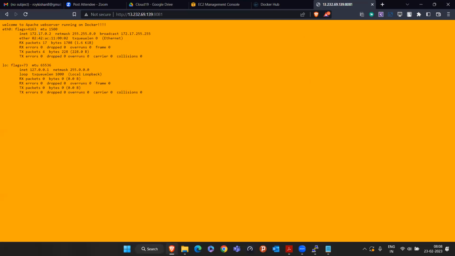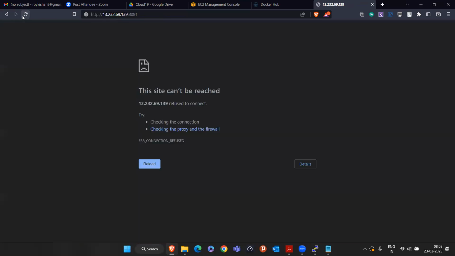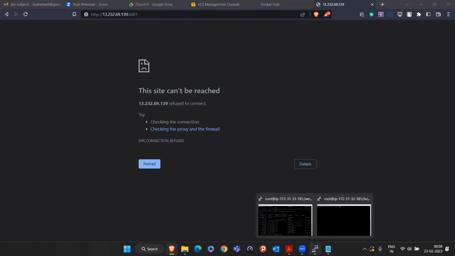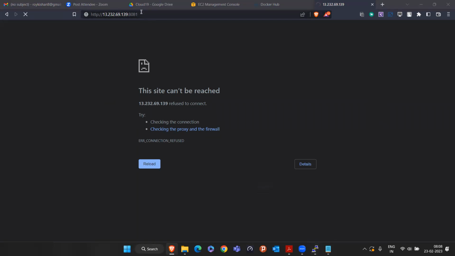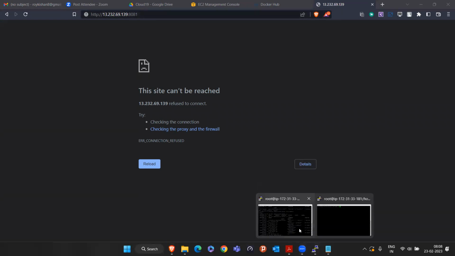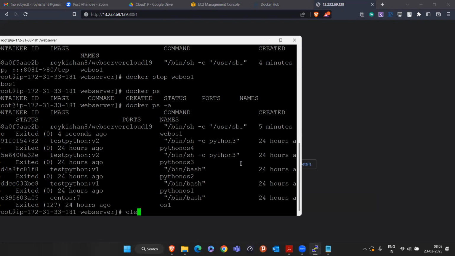Now, if you try to refresh this page, you are not going to see the website. This website is going to be gone. You can even try it in your case, it will say site can't be reached. That means it was coming from the Docker container. Now, if somebody is coming on port 8081, but since our proxy everything is closed, if I hit the command netstat -tnlp,